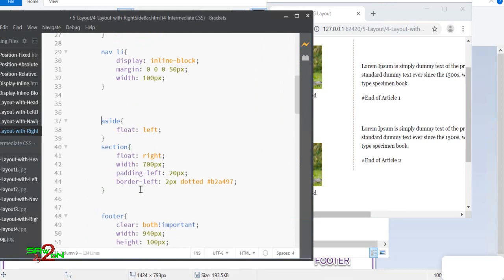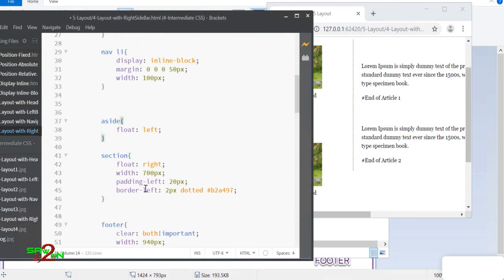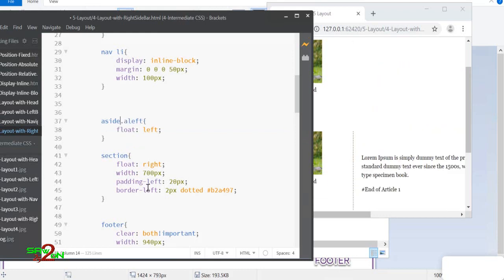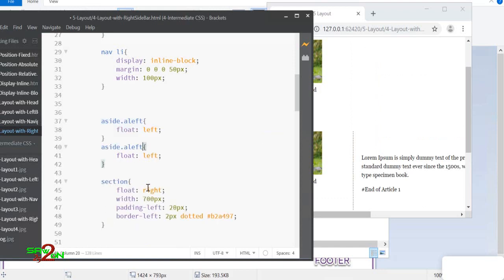So we have aside which is floating left. Now we can say aside dot a left, and then we can float it left. We can say aside dot float left, and we can say float it right.